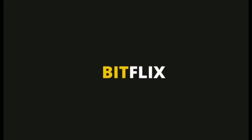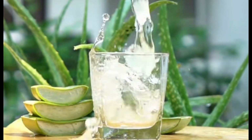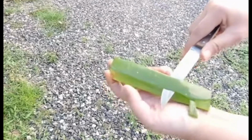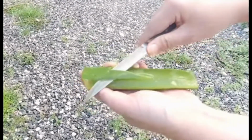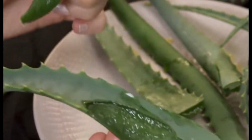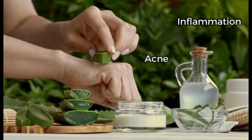Weight loss. Aloe vera can help you lose weight by improving your metabolism and digestion. Aloe vera juice can help you burn more calories and fat by increasing your metabolic rate and thermogenesis. It can also help you feel fuller and reduce your appetite by increasing your water intake and fiber content. Aloe vera juice can also help you detoxify your body and eliminate waste and toxins by cleansing your colon and liver. Aloe vera can also improve your energy levels and mood by providing you with vitamins and minerals, such as